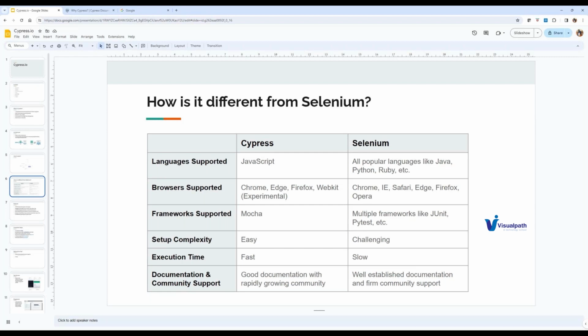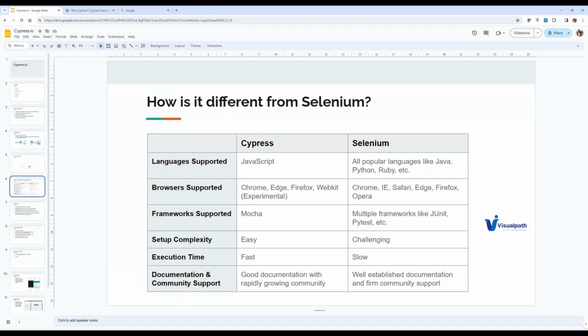And the support, the commands that are available with Cypress are much better than Selenium, right? And trust me, it's not hard to switch to JavaScript. If you are someone who has worked with either of these languages, Python, Java, or C Sharp, the concepts are the same, right? The only change would be the syntax. And if you have a good hold on any of the languages, it won't take more than a week to get used to a new